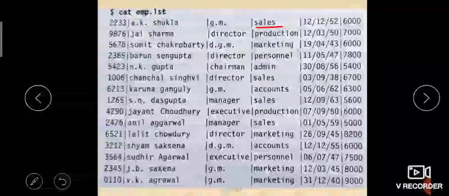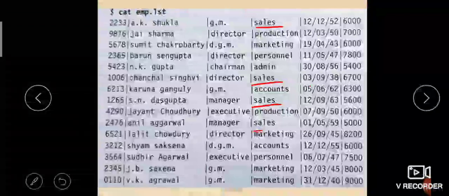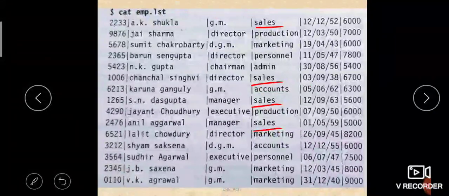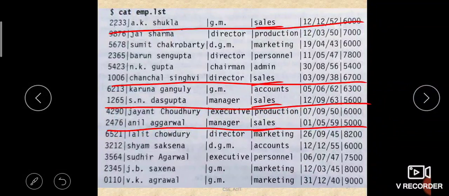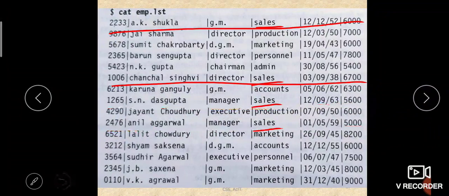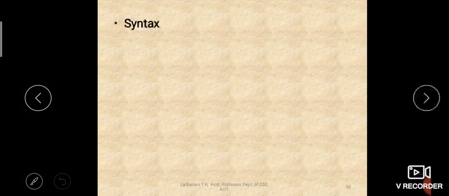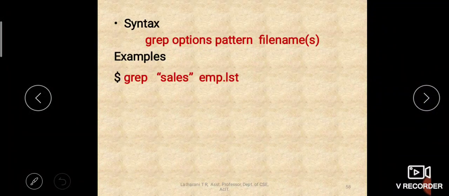So sales is here, here, here and here. So four occurrences of sales are appearing. The whole line will be displayed. This whole line where the sales pattern is appearing will be displayed. These four lines will be displayed as the output of the grep command. Is that clear? So that is how you can use the grep command.